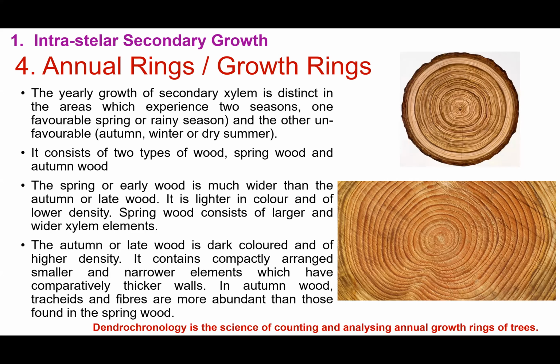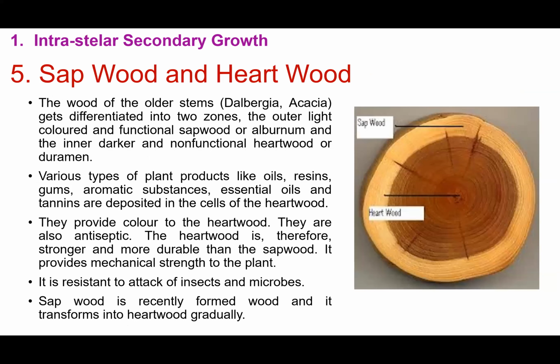Okay. So, the age of a plant can be measured by counting these rings. So each year you have a ring. That's why these rings are known as annual rings, happening once in a year, right? So the age of a plant can be estimated approximately by counting the number of rings that are present. This science that deals with counting and analyzing the annual growth rings of the trees is known as dendrochronology. Okay, it is known as dendrochronology.